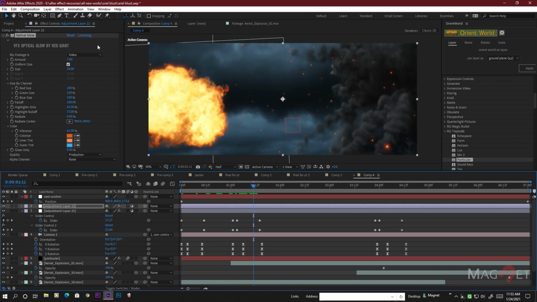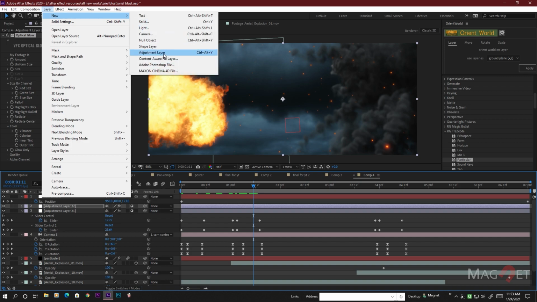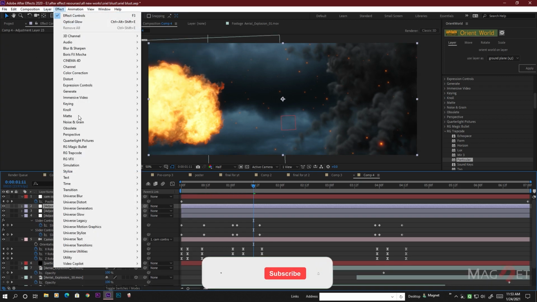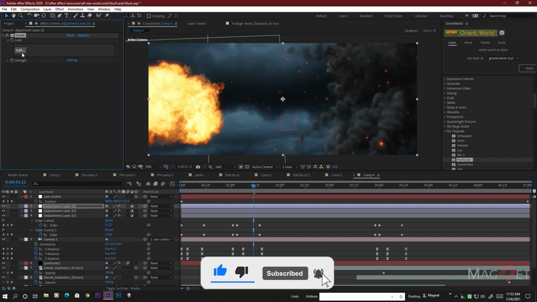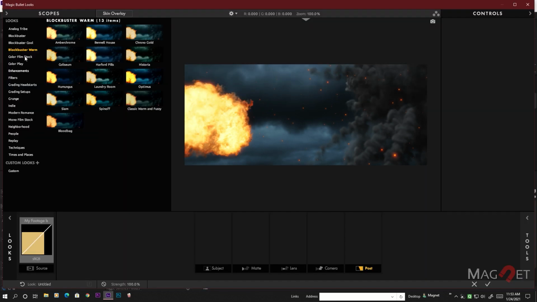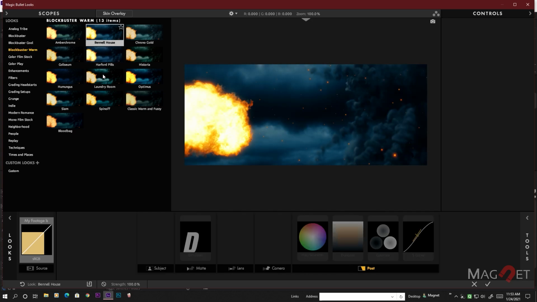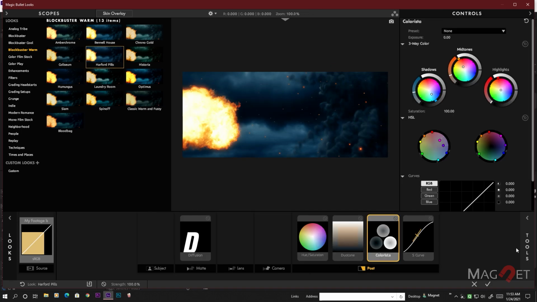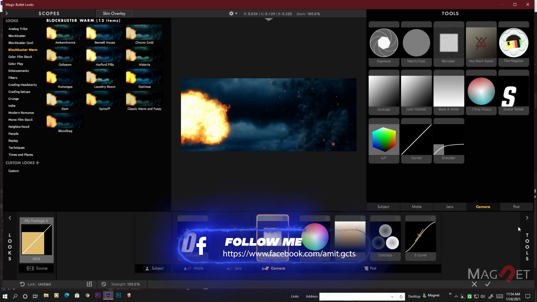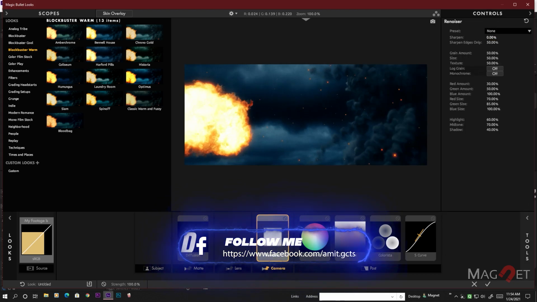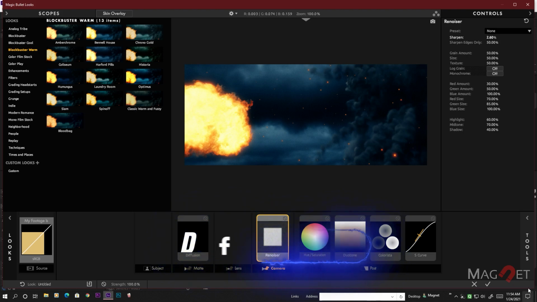So now we make another adjustment layer, and now we put the Magic Bullet Looks effect here for color correction. So go to Edit and now go to the Blockbuster Warm here, and maybe select something like that one, and also go to this Precision and select the Renoiser and just bring that up, and maybe we sharpen the noise amount, and now